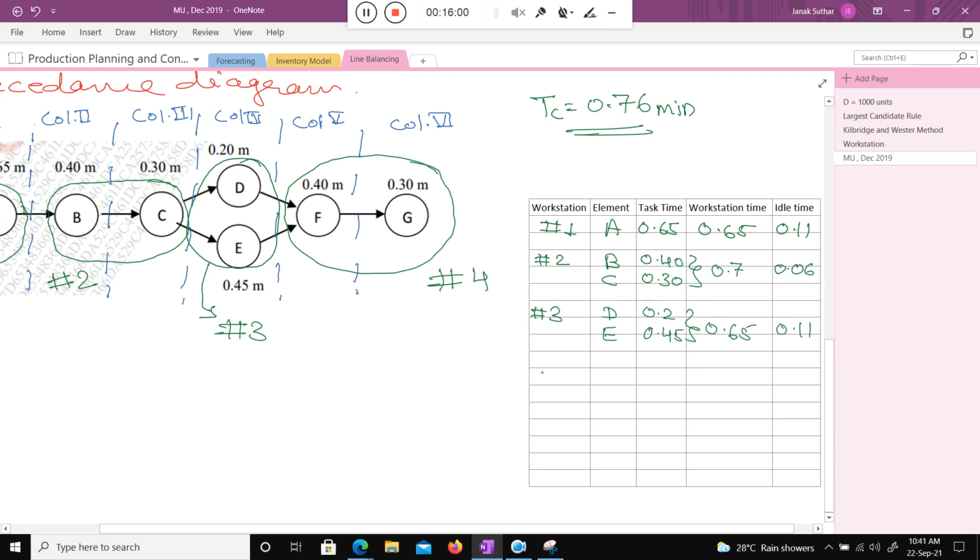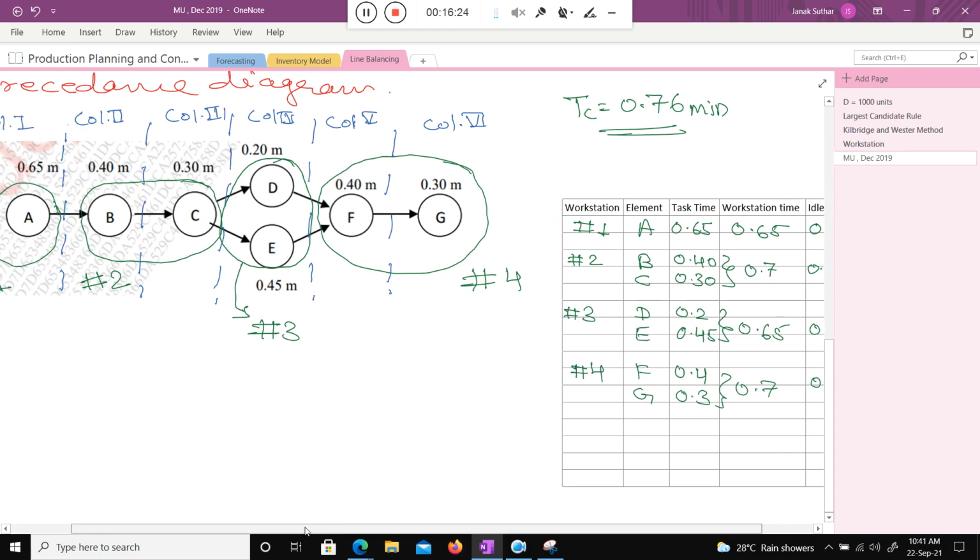And workstation 4 has F and G, 0.4 and 0.3, 0.7, and 0.06. So you need to fill up what we did in the precedence diagram into this particular table.